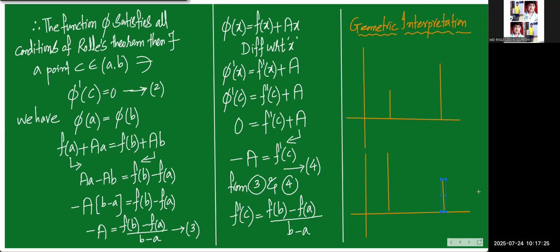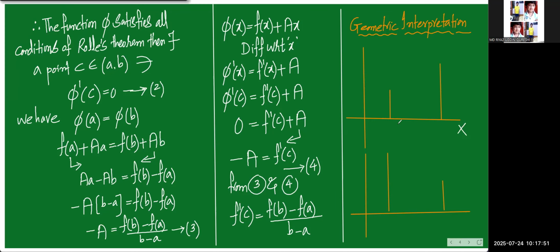So now I'm using that condition where f of a and f of b are not equal. Here f of a, f of b equal नहीं है. It means that या तो f of a बड़ा है, f of b छोटा है, या फिर f of b बड़ा है, f of a छोटा है। वो कंडीशन को अपने यहाँ पर यूज कर लेंगे तो फिर आपका काम हो जाएगा। So this one you see